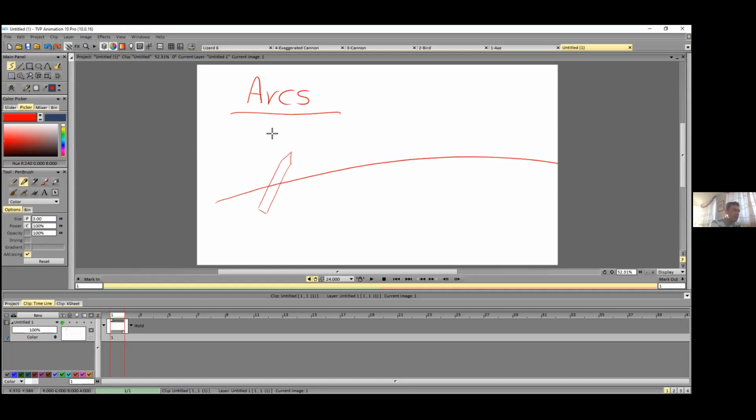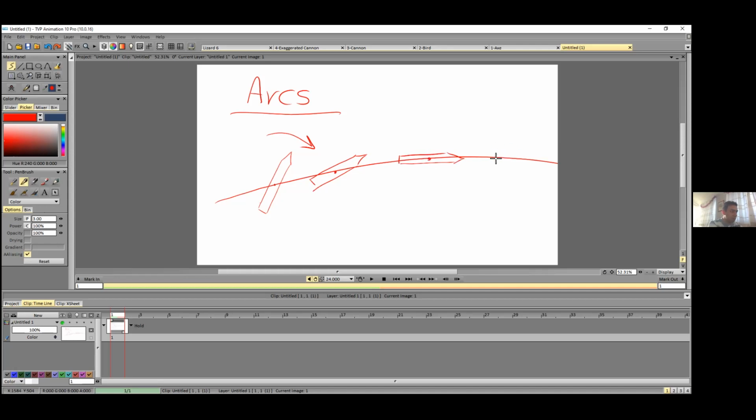If it spins, it will spin around its center of mass, around this point. So in the next frame, it would be something like this. The next frame. Evet. Kalem merkezinde hareket edecek.